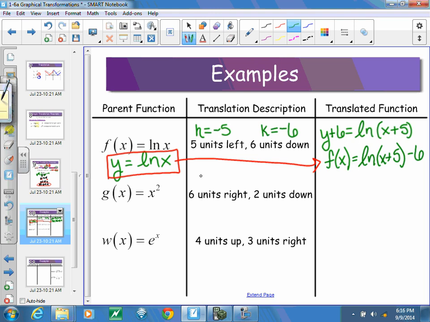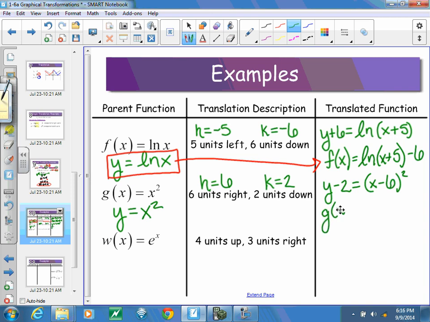On the next one real quick, here's our quadratic. 6 units to the right, so h is going to be positive 6. 2 units down, k equals negative 2. So we have y is equal to x squared. Replace y with y minus k, so y minus 2 is equal to, and we're going to replace x with x minus h, so x minus 6. Solve it for y. We end up with the function g of x is equal to the quantity x minus 6 squared